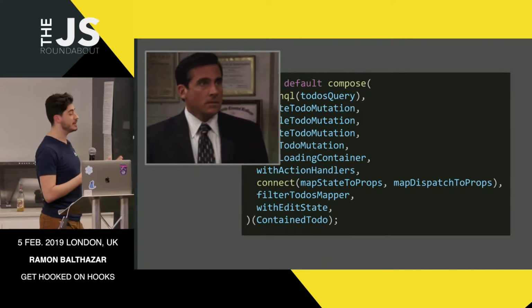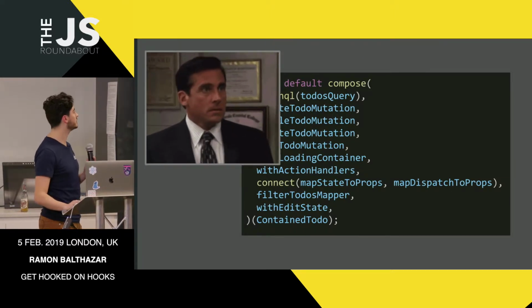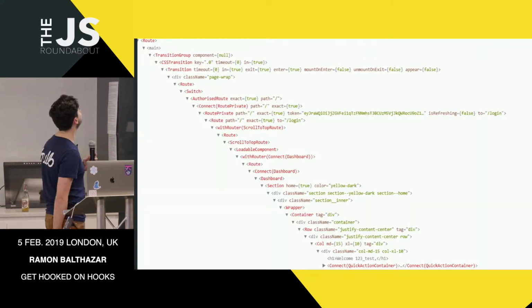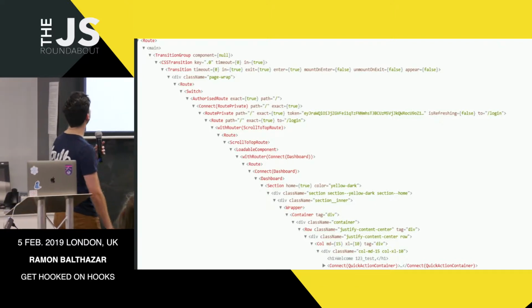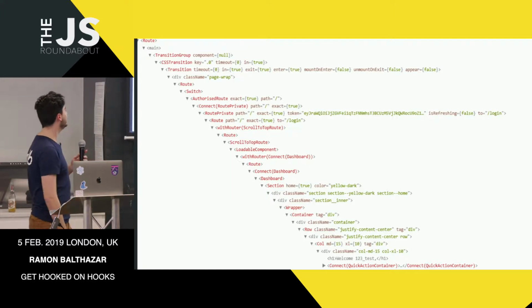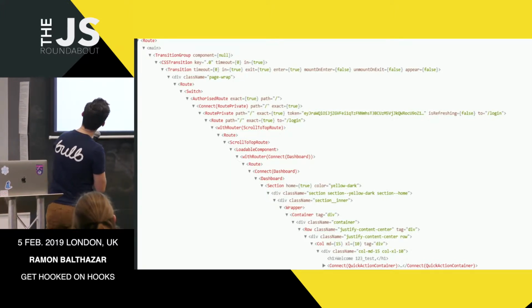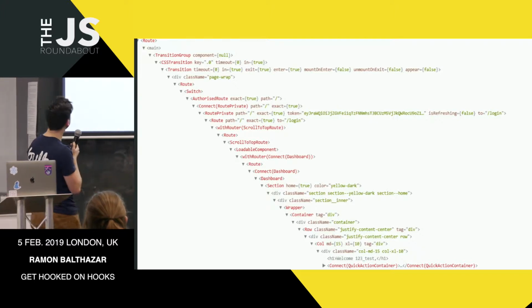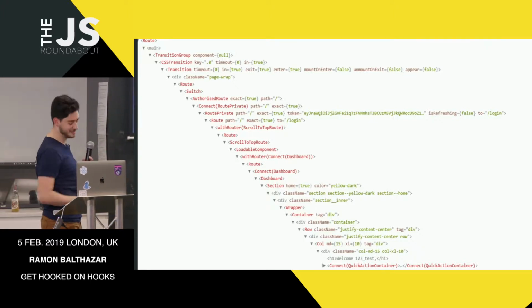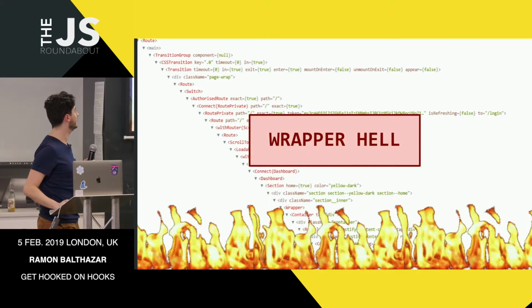And when you're trying to debug all these, you go to React DevTools, okay, let's check on our tree. And man, you got this. Oh, Jesus Christ. You need to scroll down and scroll sideways to get wherever you need to go. Like with router, routed private. Man, those are not components. I mean, okay. What if we could solve this? This is what we call wrapper hell, by the way.